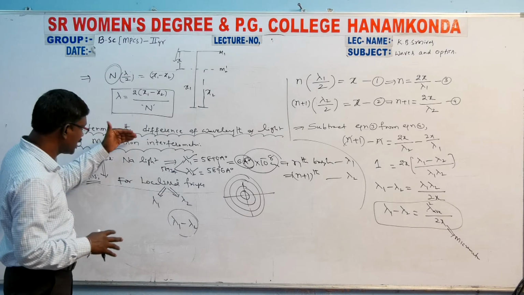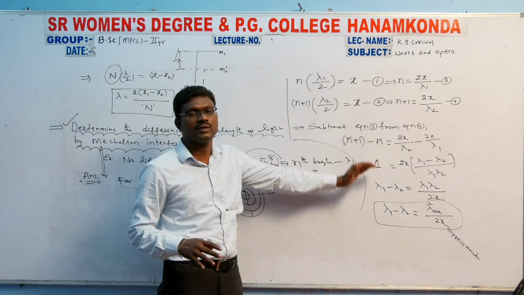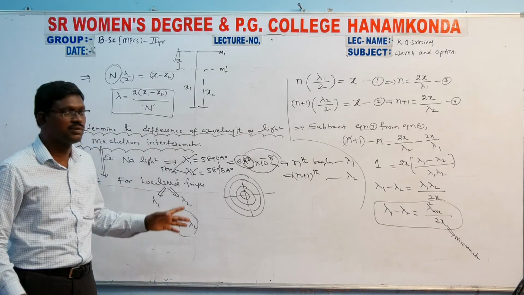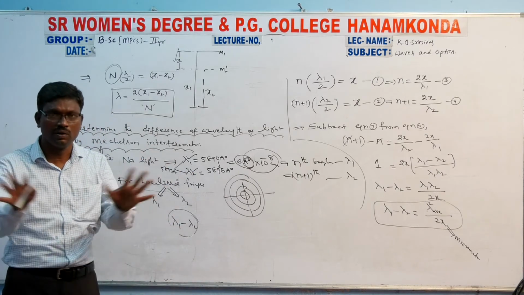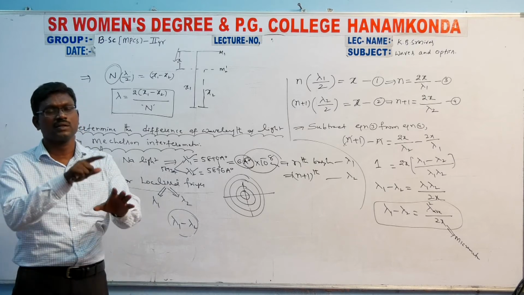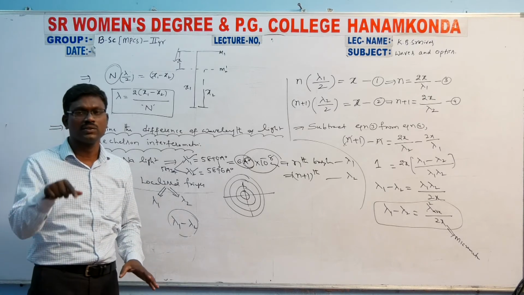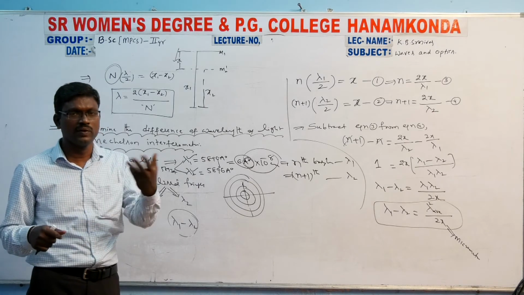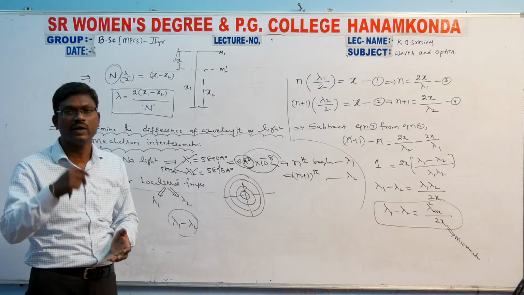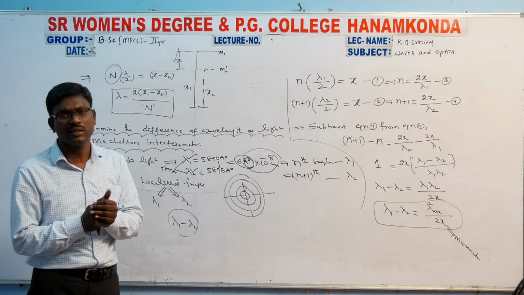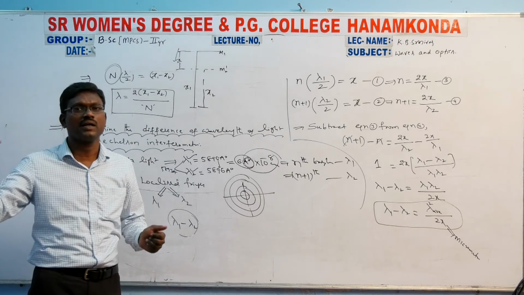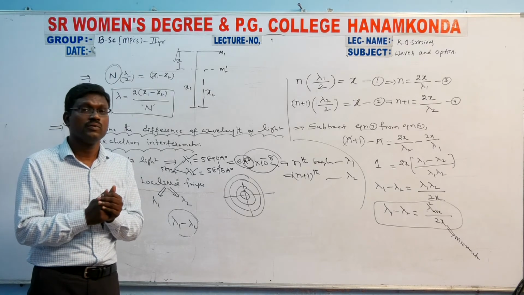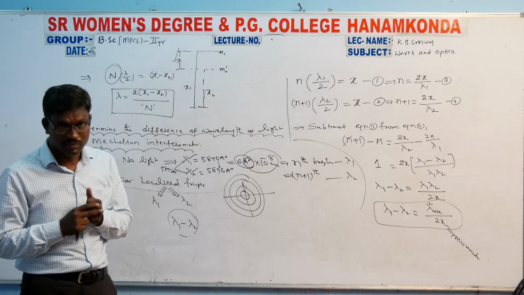After that, how do we explain this part of the derivation? First of all, we have to adjust our Michelson interferometer for circular fringes or localized fringes, so that the fringes coincide crosswise. Actually, the light used during this experiment consists of two wavelengths which are very close to each other. So due to the exposure of that light on that interferometer, what happens? We have to get two types of fringes.